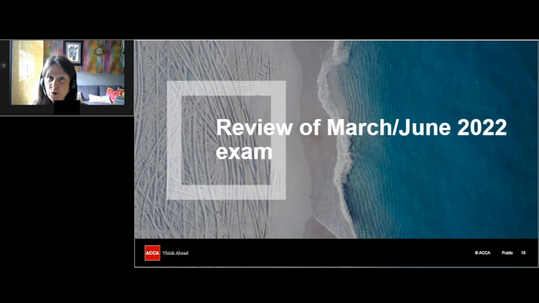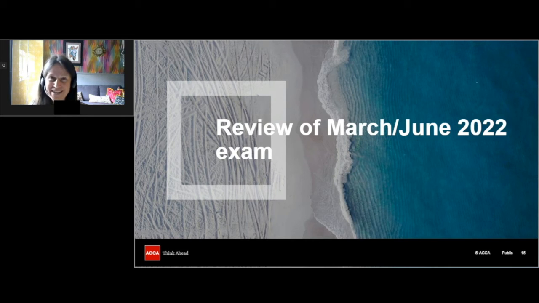There's a question 1 for 35 marks, which is the one that I'm going to look at in a bit more detail. That is the 35 mark scenario question, which is an individual starting to trade mainly. The second question covers some income tax with some overseas aspects. There's some capital gains tax, there's some inheritance tax.